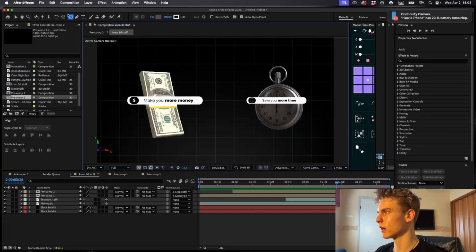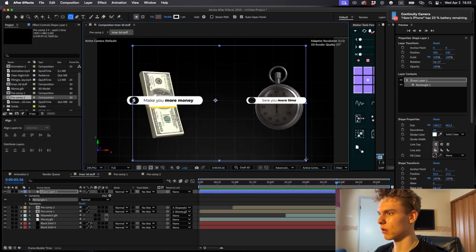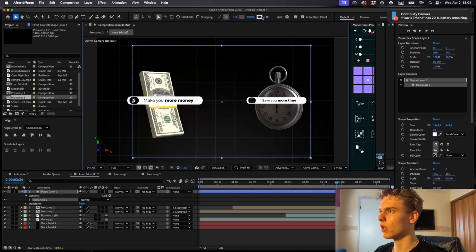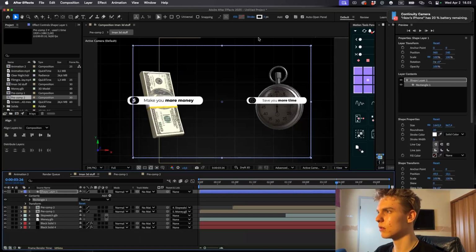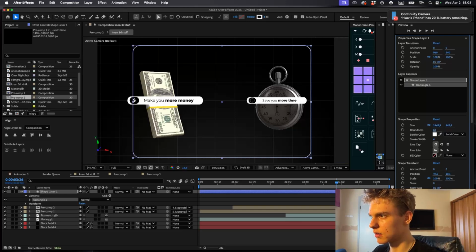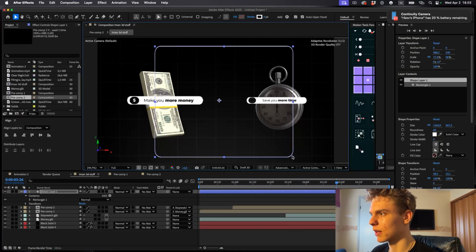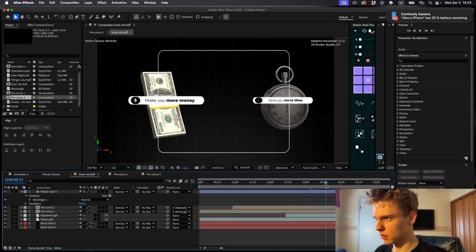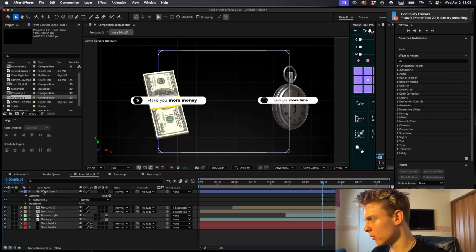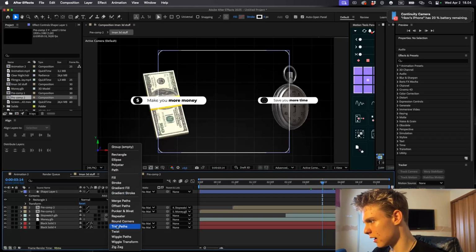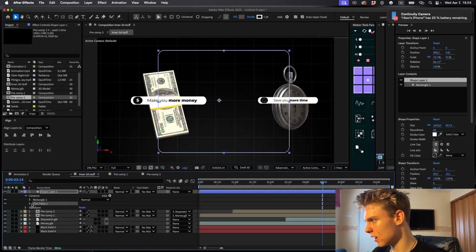Select the rounded rectangle tool here and just make a rounded rectangle like this. I'll make the stroke like 4, and I'll make the roundness like 60. Yeah, that's nice. I'll make it look a bit more like a rectangle, so kind of like this. Yes, perfect. And now go to the shape layer, press add, and add a trim paths, and open the trim